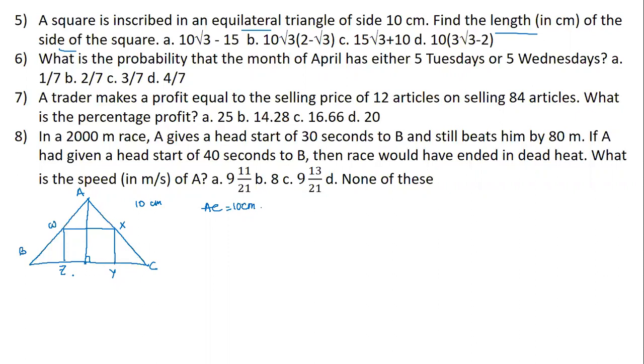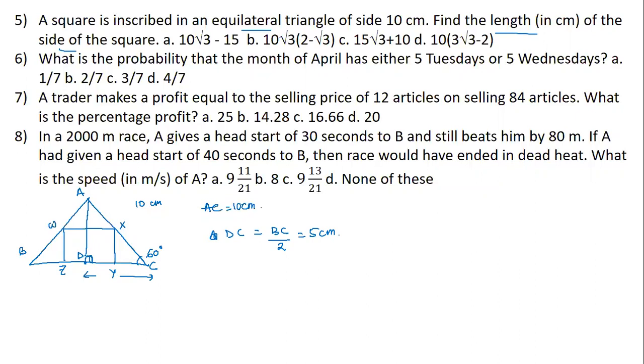So if this is a median, then BC is divided into two equal halves. Let me call this point D. DC is basically equal to BC by 2. BC is 10, 10 by 2 is 5. You could have also done this in another method. This is an equilateral triangle, so this angle C